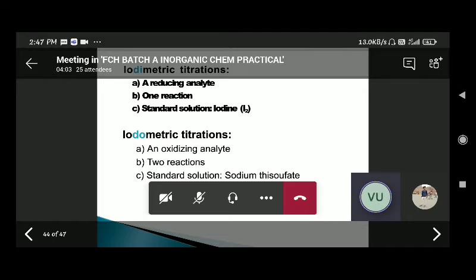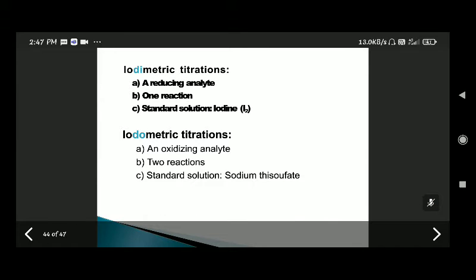KMnO4 is not a primary standard. So in all these titrations, you have to standardize the given KMnO4 using a primary standard. Since KMnO4 is an oxidizing agent, the primary standard should be a reducing agent. The primary standard that you are using here is Mohr's salt. So always in these titrations, you have to prepare a standard solution of Mohr's salt by the weighing by difference method, as you have done for acid-base titrations. Remember?